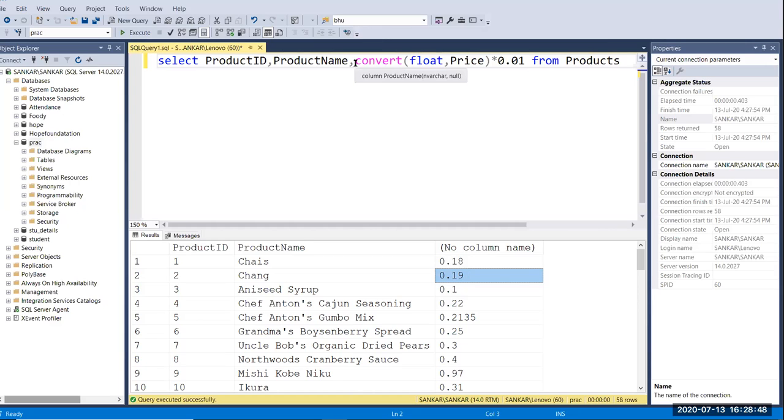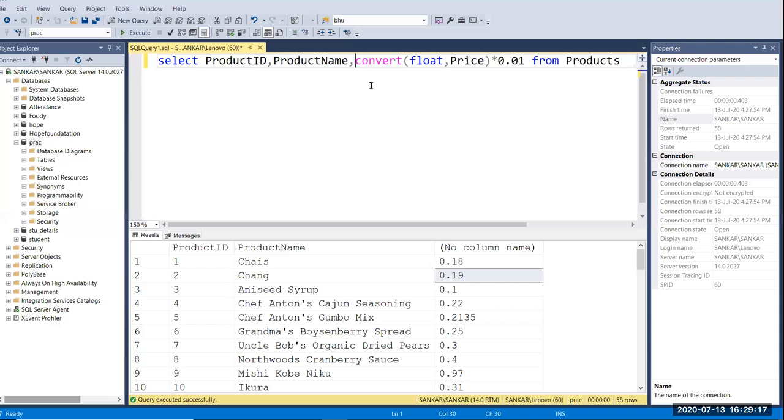So you can do logical queries also here. First I have converted the price into float, and after that I have multiplied by 0.01. Then I have to subtract this value from my price field.